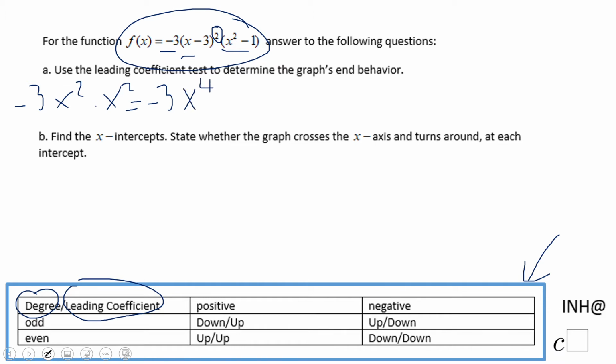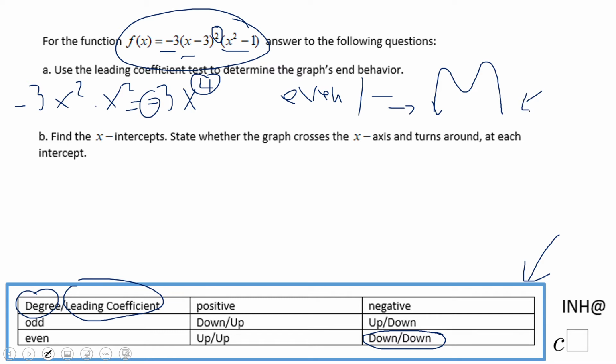And we notice now the degree is even, and the leading coefficient is negative. So even, negative, we're going to be right here. So the graph is down, down. I expect to see a graph that is down on the left side and down on the right side. We don't know what's happening in the middle, but we're going to find out